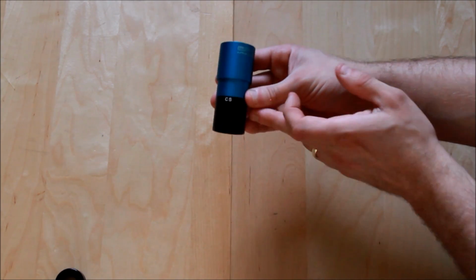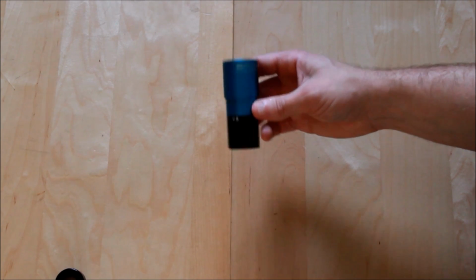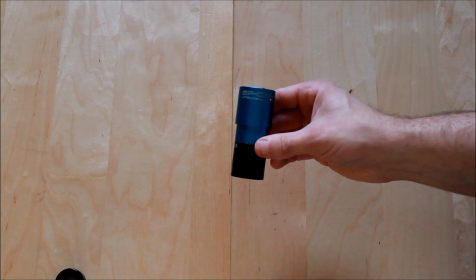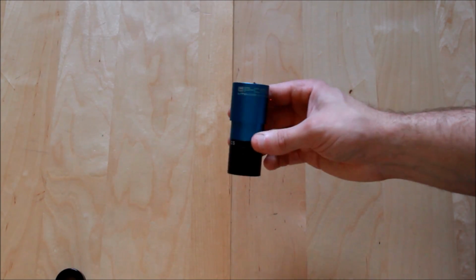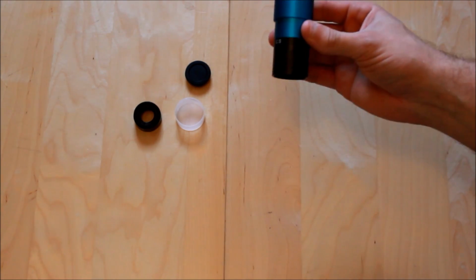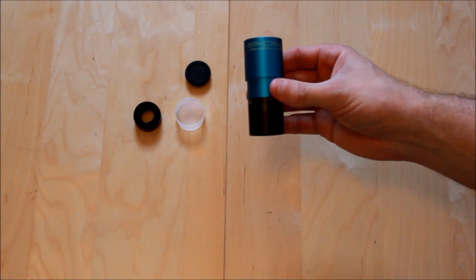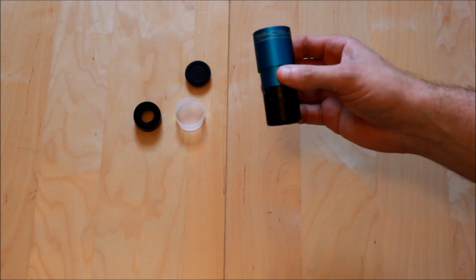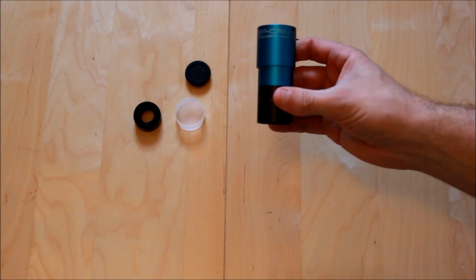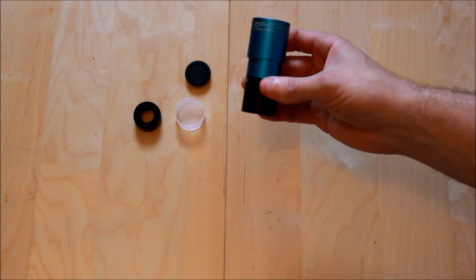So now with that extension, I'm not going to have the camera all the way sticking out. And I'm going to prove to you guys and girls and show you how it looks on the finder scope. So just proves my point. With this extension piece, I can now attach this camera onto my guide scope without the fear of the camera moving about with flexure. So it's a lot more secure and more rigid, and that will help improve the auto guiding